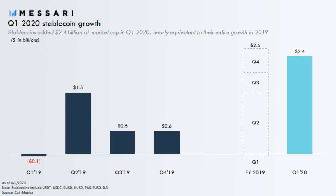Now, 80% of that daily value transfer is attributable to stablecoins currently. And stablecoins, of course, have been on an absolute tear recently. They've added nearly as much market cap in Q1 of 2020 as they did in all of 2019 combined. So it's no wonder, of course, that stablecoins are getting increased scrutiny from the regulators, considering how much they've